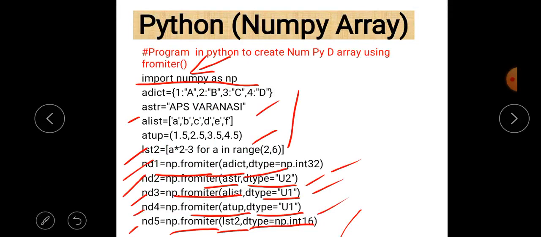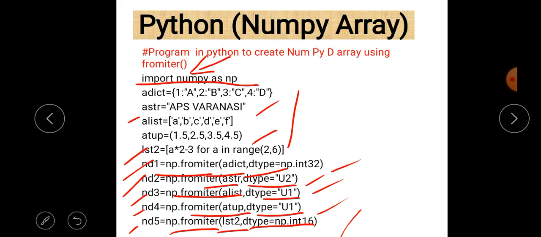So the basic thing is that using the fromiter function we are able to convert a dictionary, a list, or a tuple into an array. When we convert this list, tuple, or string into an array, for this purpose we have to write the name of the library first, that is np in this case, which stands for numpy, and then after that put the dot operator, which is essential because if you want to use any function related to a library, then put the dot operator just after the name of the library. Then the name of the function is fromiter, and we have to pass the parameter inside the parenthesis.